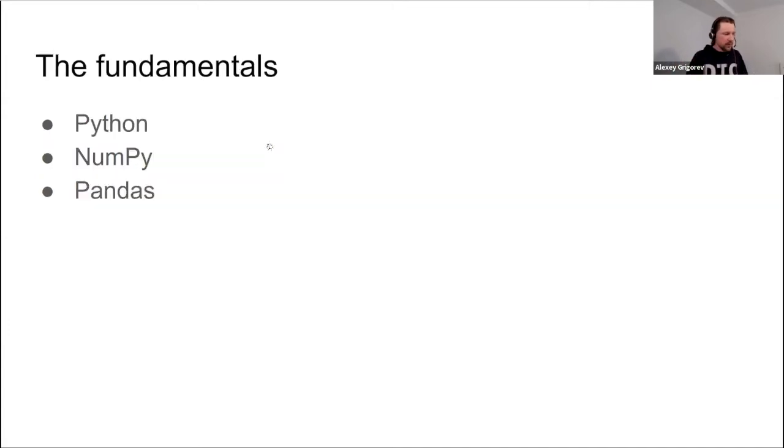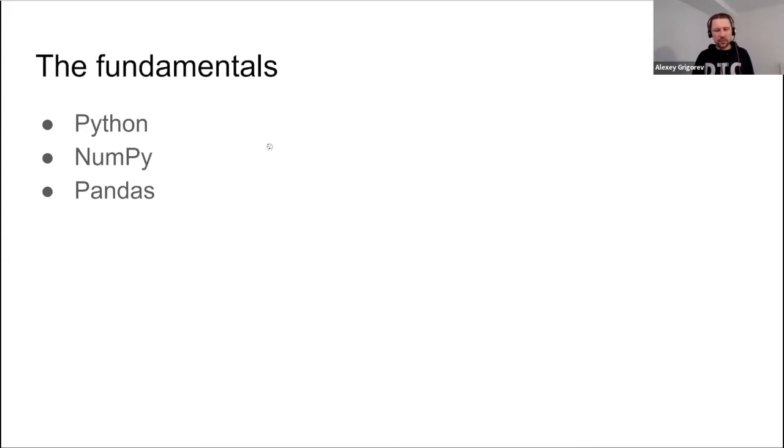So I promised to talk about fundamentals, and these fundamentals are not the mathematical skills. The fundamentals are, again, engineering: the libraries in this data science ecosystem that pretty much everything relies on. So first of all, Python. This is the language of machine learning. Of course, there are other languages, but you have to know Python if you want to get into machine learning, because most of the libraries are written in Python. The community uses Python as the default language.